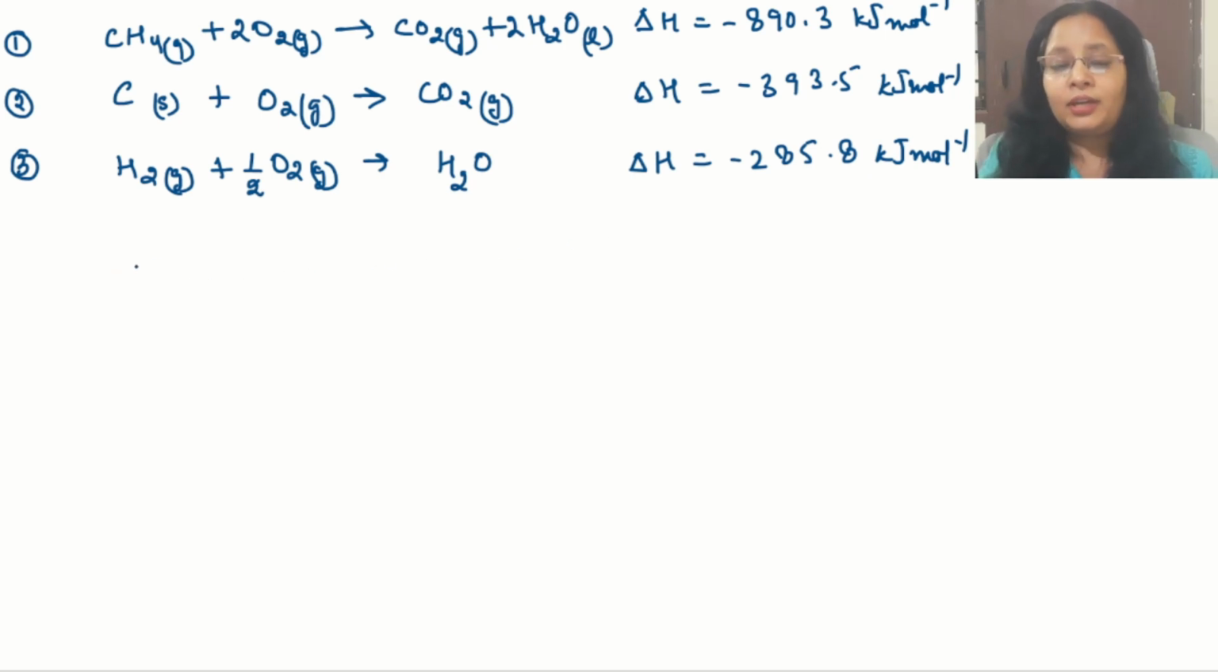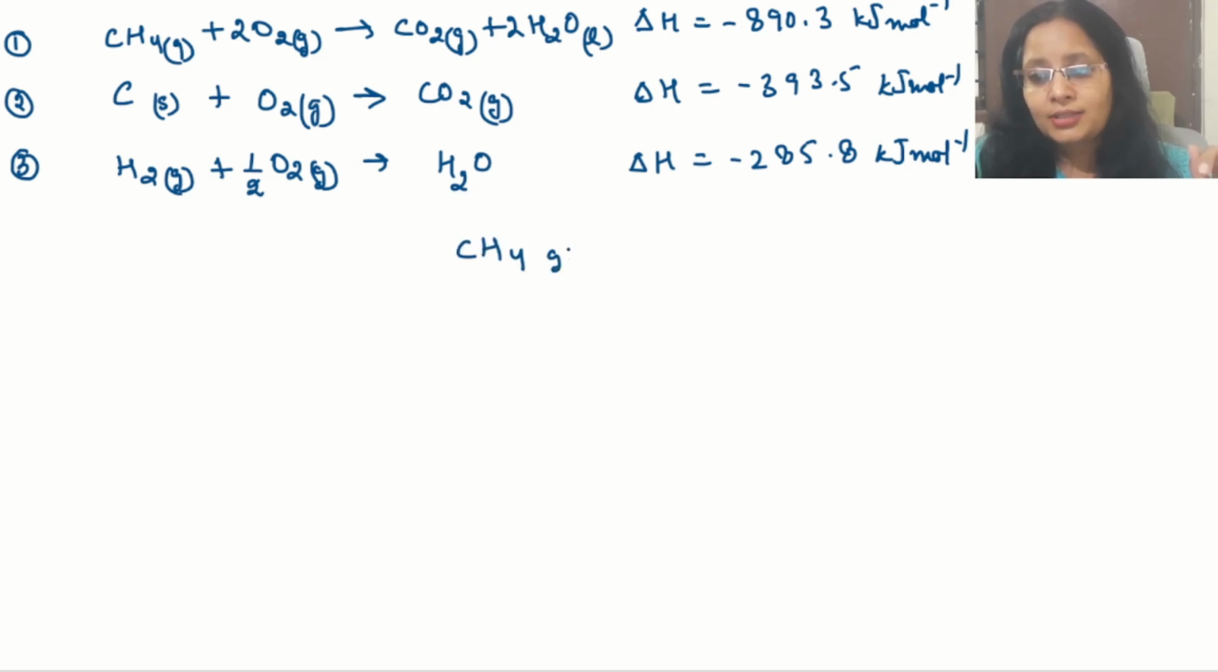Now we have to find the enthalpy of formation of methane. First of all, understand what is enthalpy of formation. The enthalpy of formation is the enthalpy change when 1 mole of compound is formed. Remember, 1 mole of compound is formed from its constituent elements in their reference state, that is in their standard state. Now, so we have to make 1 mole of methane, that is